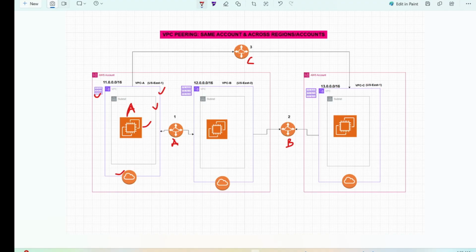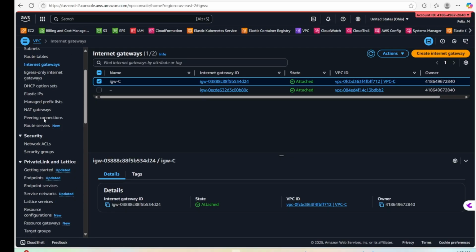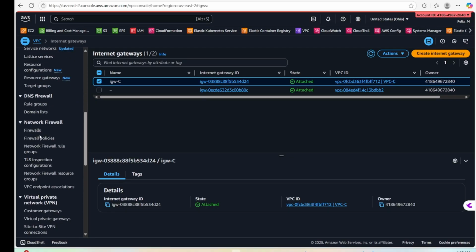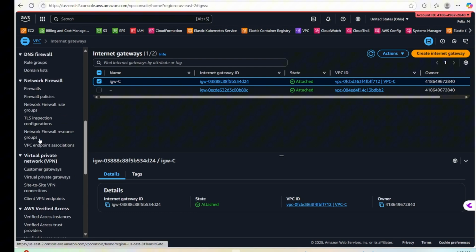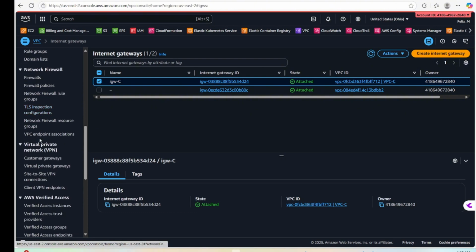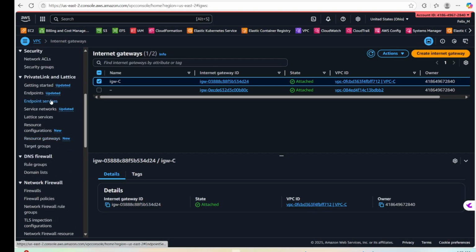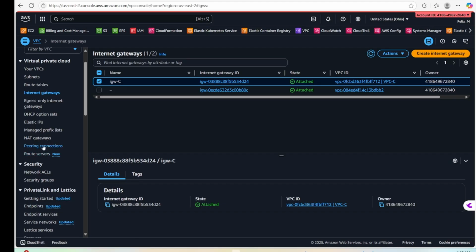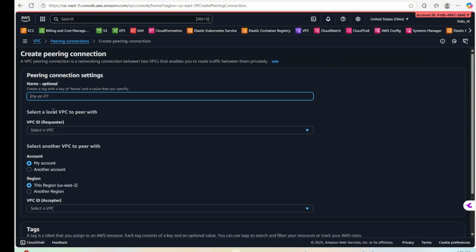So we'll head over to our EC2 console. I will be in the Ohio region now. In the VPC tab, if you scroll down under virtual network, you will see VPC peering. Where is it? Okay, look at it right here: peering connections. So you click on peering connections, you click on create peering connection,